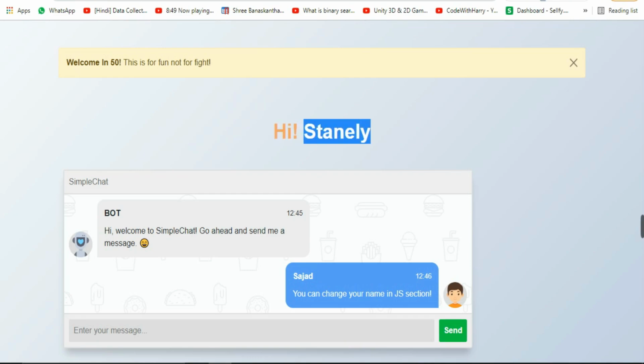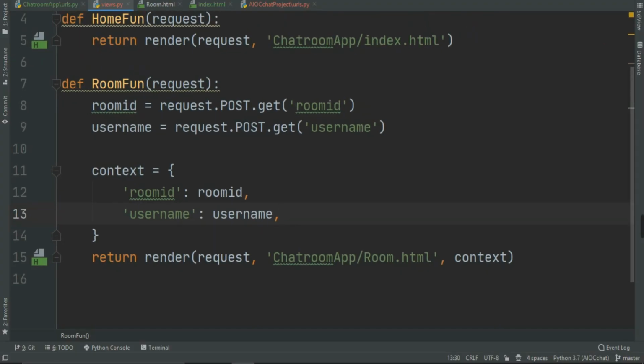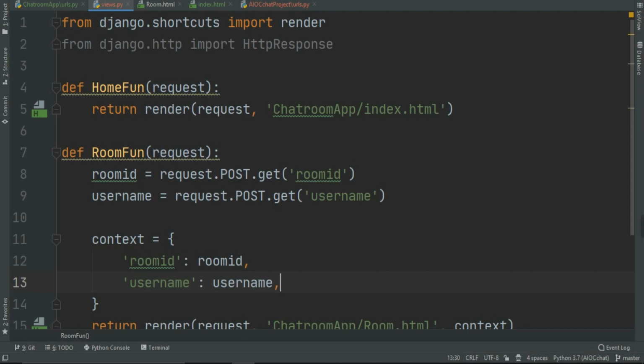Now this is nothing but the name which the user entered, and this is my chat container. In here we are going to develop a chat room. In here I'm gonna change this with the room ID, which is nothing but the 150. Now I know you guys are confused for now, but remember, this was just the front end part. We are going to develop a full chat server on the back end using channels and socket programming. So if you guys have any question about this, you can comment.